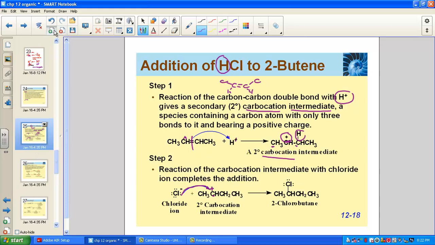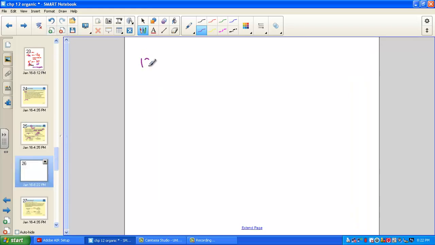Let's add a slide and just take a peek at example 12.7. Here I have a cyclic structure. It's a 6-carbon ring. And the double bond is actually here. CH2 plus HI. We see the product in our example given to us. And right up here, I kind of drew it at a different angle. Let's say it's right here